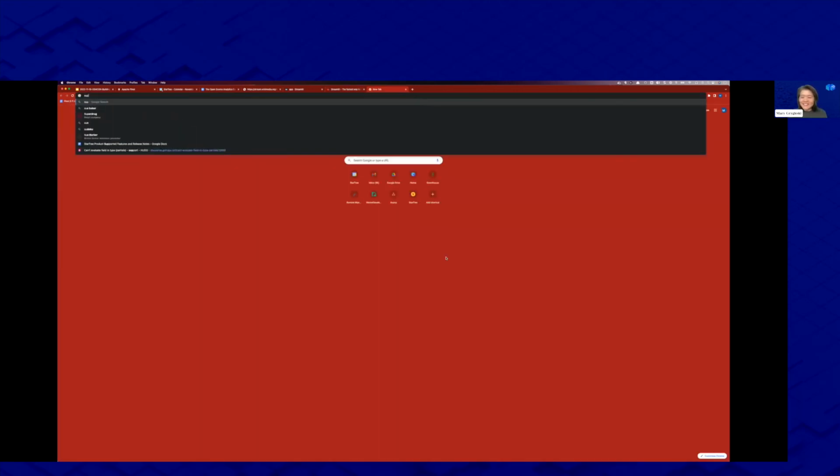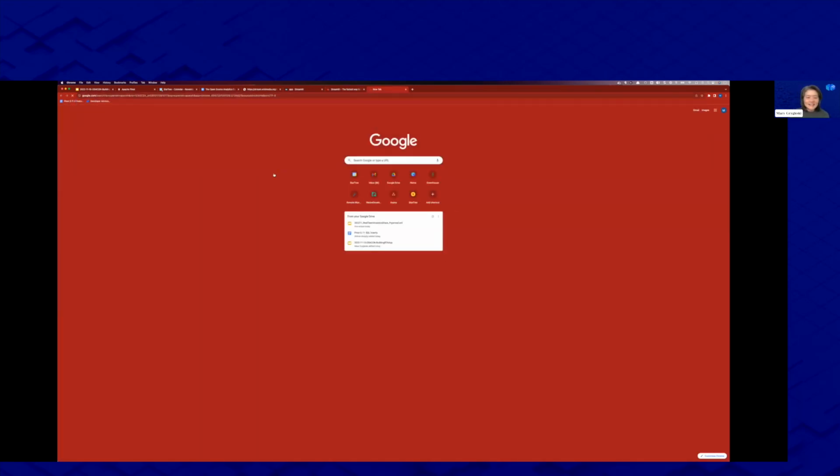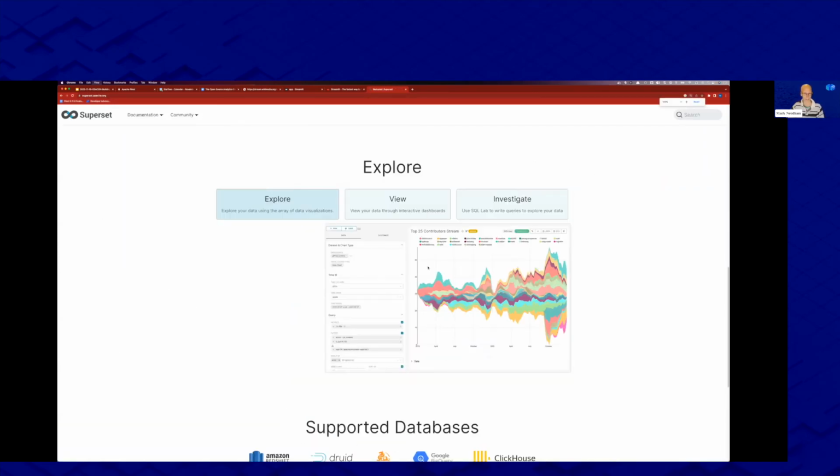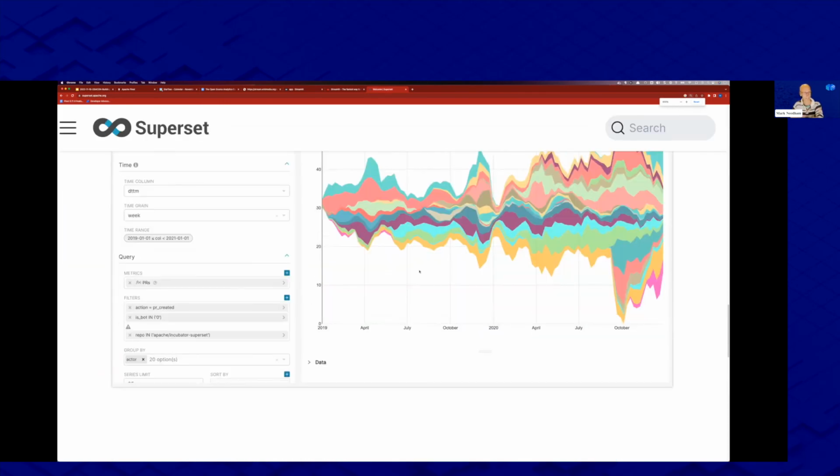Superset would be another example. Superset is more for building visualizations, like charts, and it automates more of it for you. It's more like going to a UI and clicking around, and it will connect to your schema, hey, here's my schema, connect it up to a Superset schema, and then allow you to build a chart probably more quickly than what you can do in Streamlit once you've got it configured. But obviously you're working within the constraints that it has, whereas with Streamlit you can probably do whatever you want.